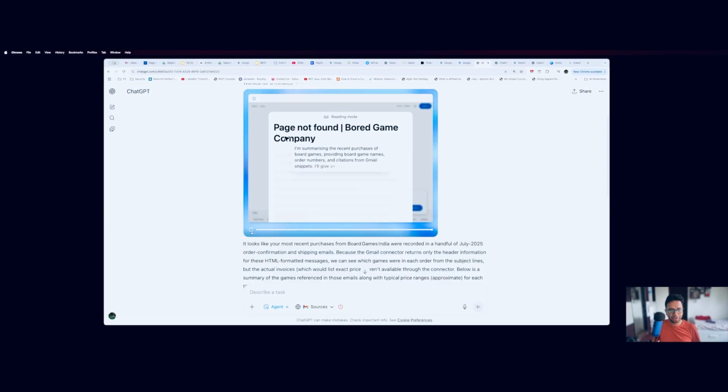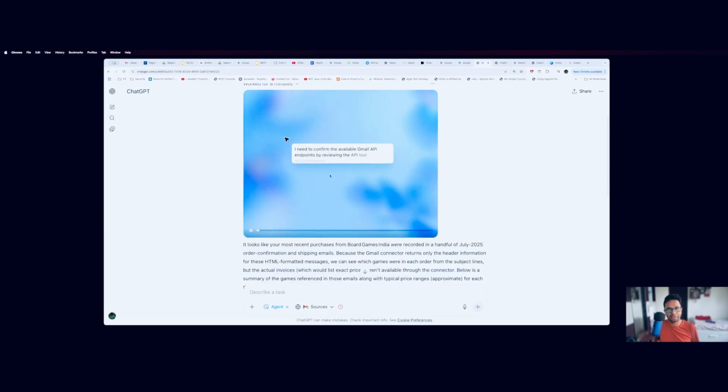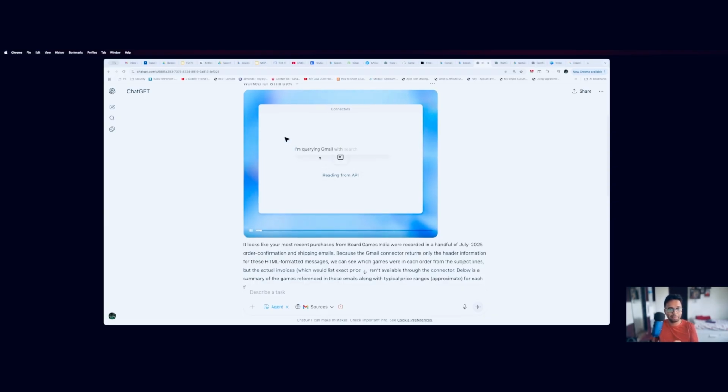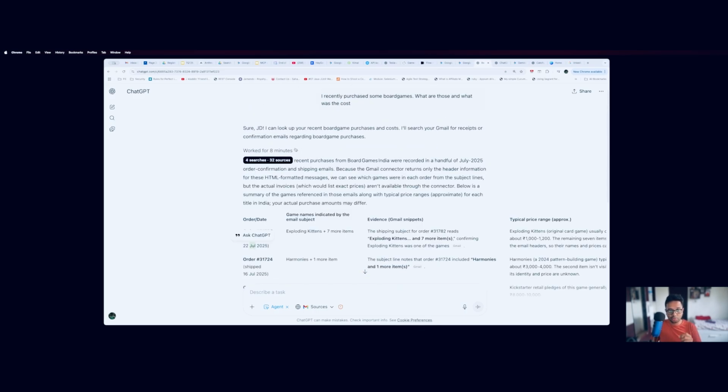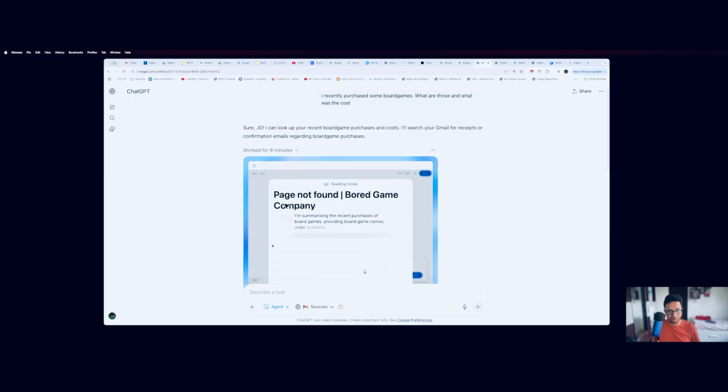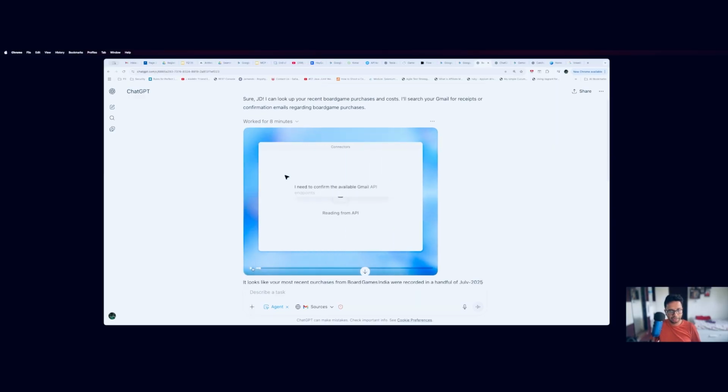If I go here, if I start, you can get to see what ChatGPT did. So I need to confirm the available APIs. I'm querying Gmail for board games and so on. So if you see, it is actually going ahead and searching all these things. Now, to be very fair, I need to confirm the available Gmail API.